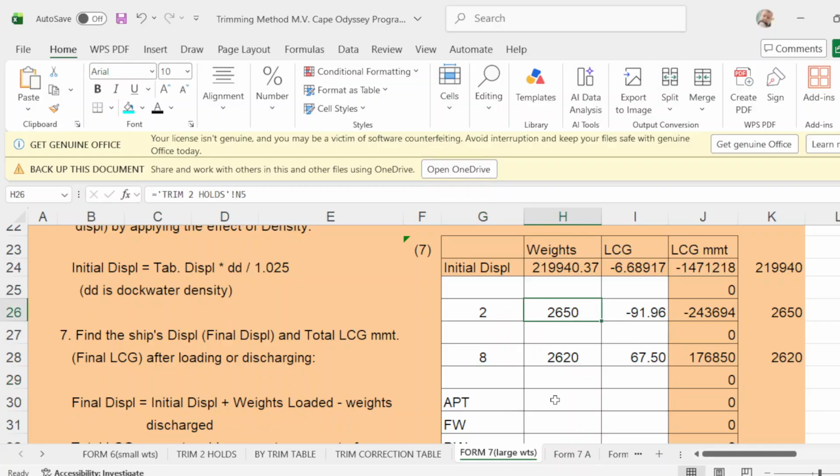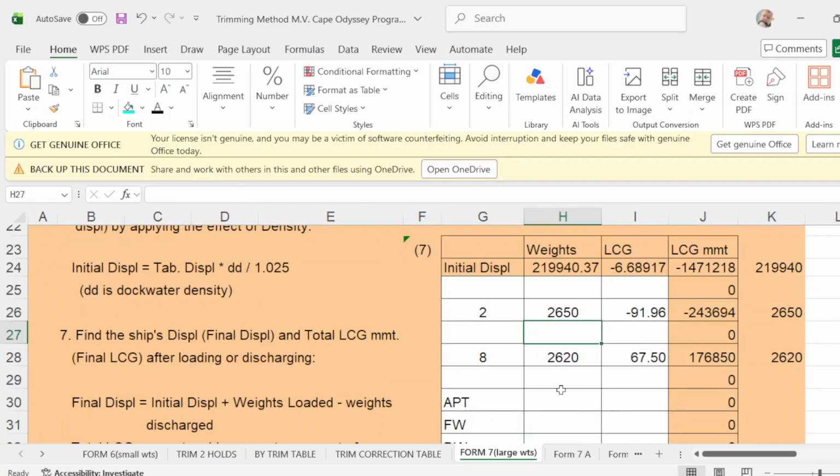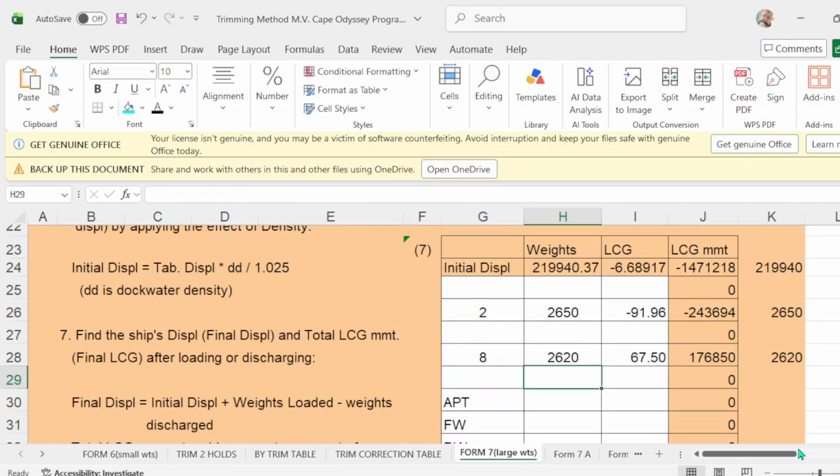Then amount of cargo, put equals for number 2. You go to trim 2 holds, then you click the cargo in number 2, 2650. There you go. And you put equals here for number 8. Then you go to trim 2 holds, click the cargo for number 8, and enter. Now we will apply the LCG of hold number 2 and number 8.